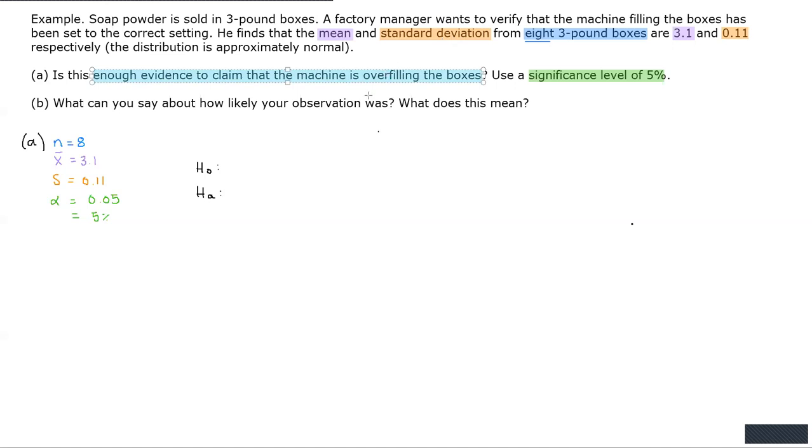And if I'm trying to determine whether the machine is overfilling, then that means I'm trying to determine if the setting for the machine is more than 3, right? So that means that the parameter that I'm looking at is going to be a mean, which is the average weight for the boxes,